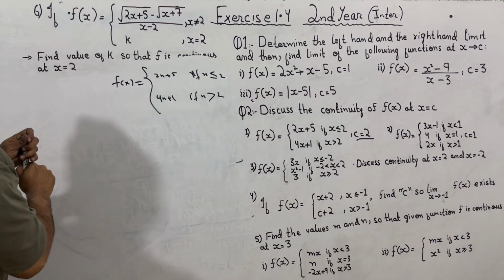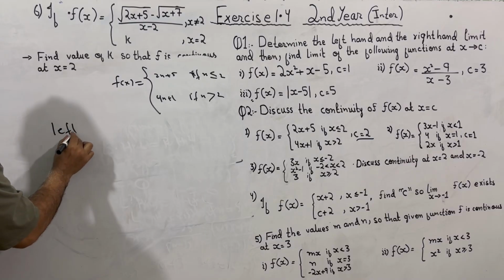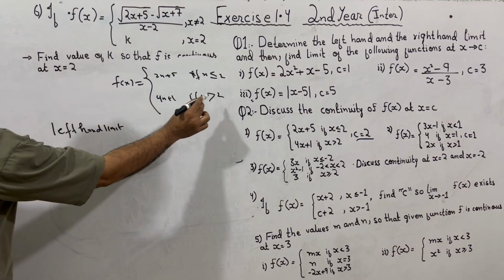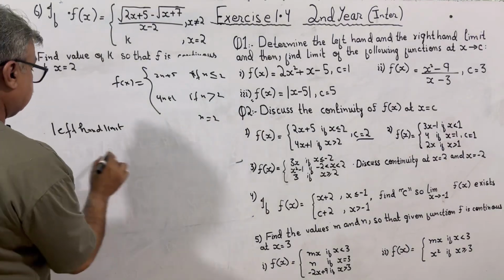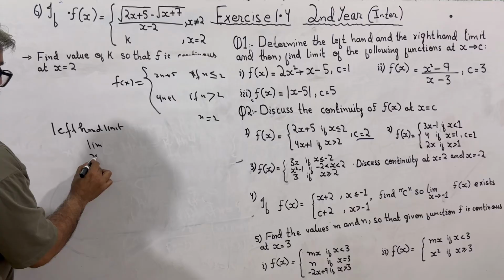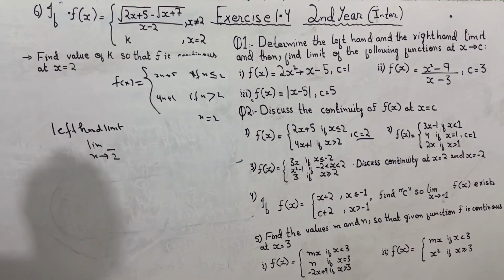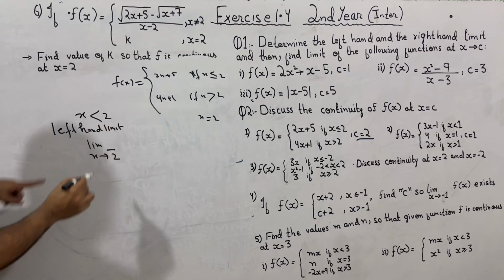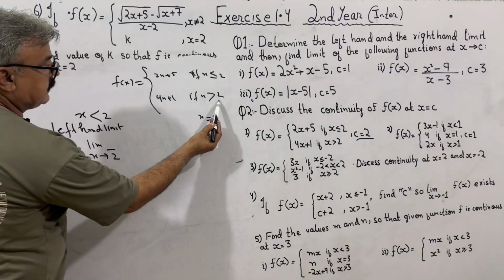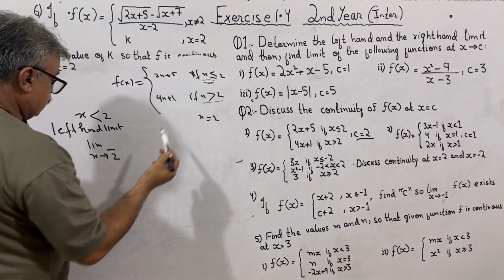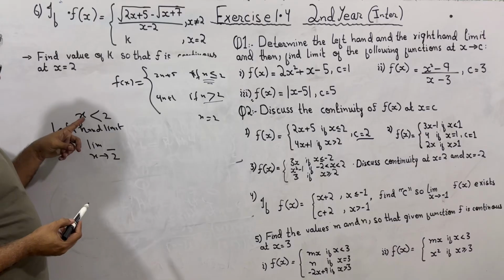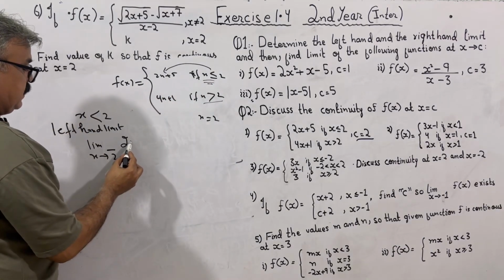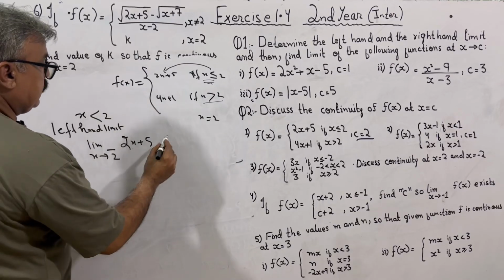Now the left hand limit: limit x tends to 2 with a minus sign, to show that we are approaching from the left, x less than 2. Look, x greater than 2 is the other piece, and this one is less than or equal to 2. So our values approaching from the left, x less than 2, lie here, so we take 2x plus 5 for the left hand limit. Okay, for the right hand limit